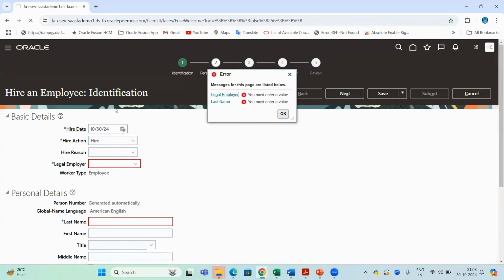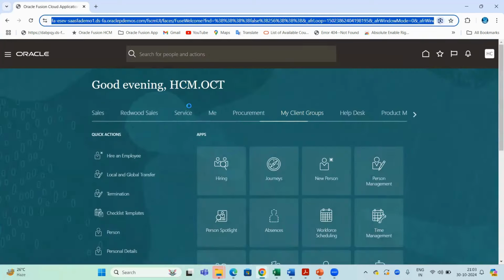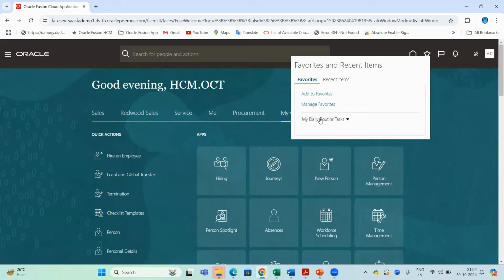You can list out the most frequently used tasks every day, and you can add them as your favorites here, team. Then recent items. In our Google Chrome also, we have a history button. Recently, what browsing we have done, what websites we have navigated to. We have the search history button, right? Similarly,